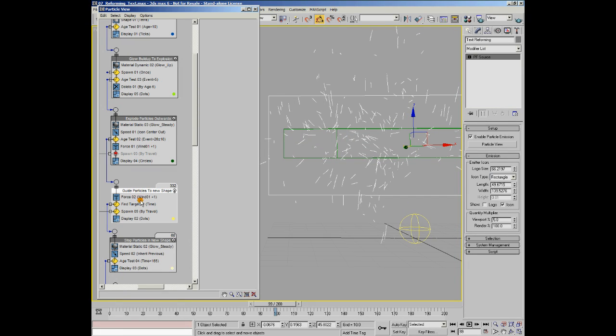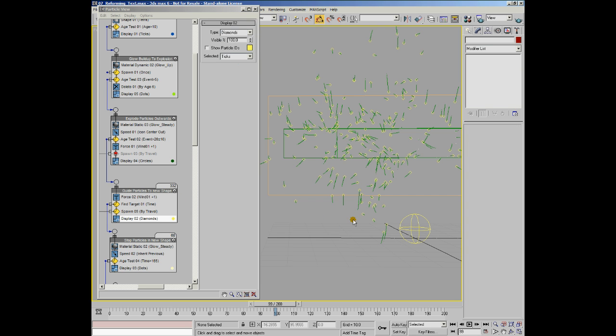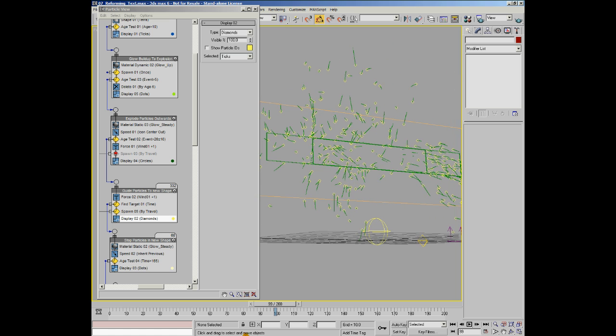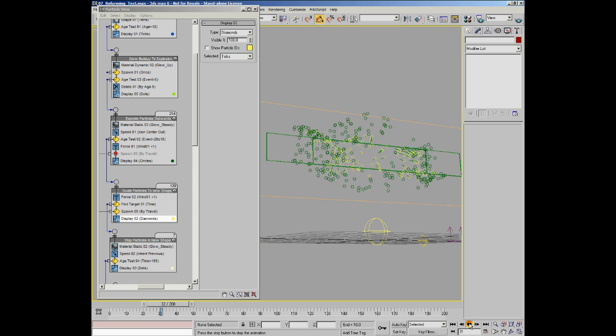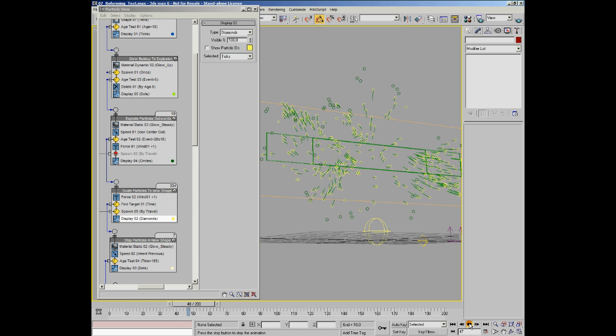So in the next event, which is called Guide Particles to New Shape, I'll just change these to be displayed, let's say, as diamonds. There we go. So if I go back again and press play, you'll see what happens. As I said, they go out as green circles, and then after a random period, they then get passed on